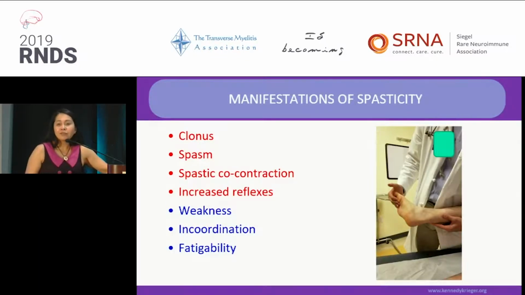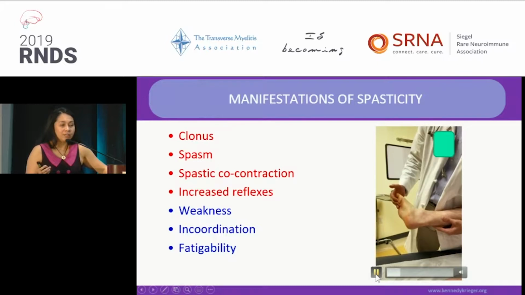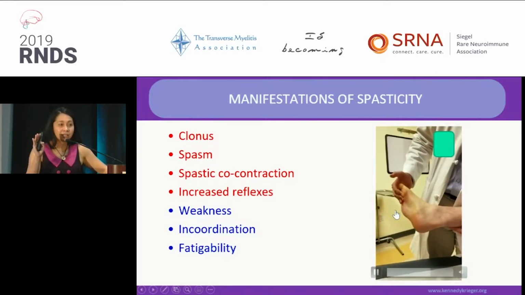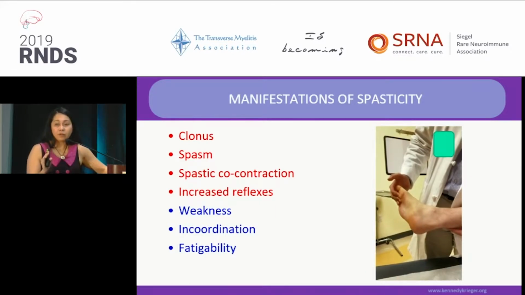Those highlighted in red are what we call positive symptoms. Now, clonus. A lot of you here might have clonus. When you stretch your tendon, like the ankle, it results in a rhythmic contraction. And if you can see here, it's just going on like that consistently. Some of the people who have clonus, it can interfere with how you're positioned in the wheelchair or if you